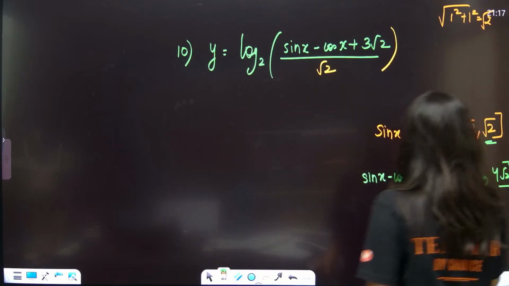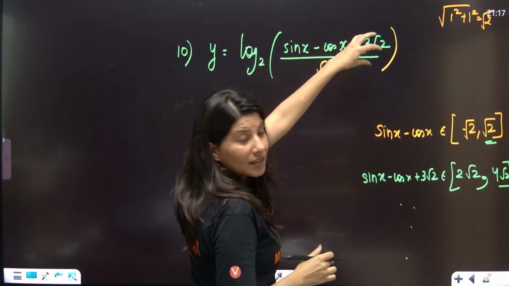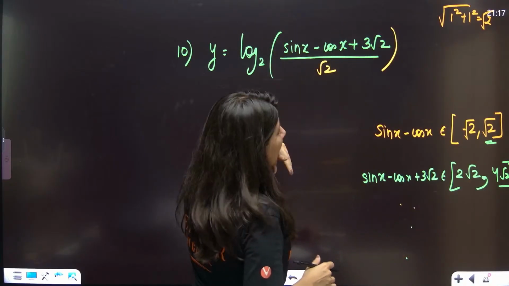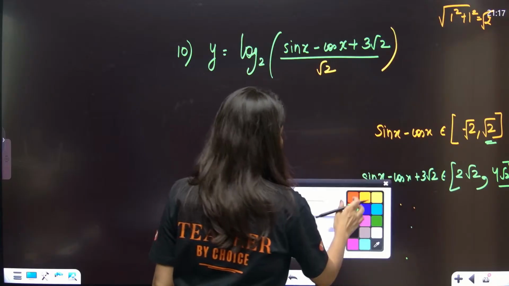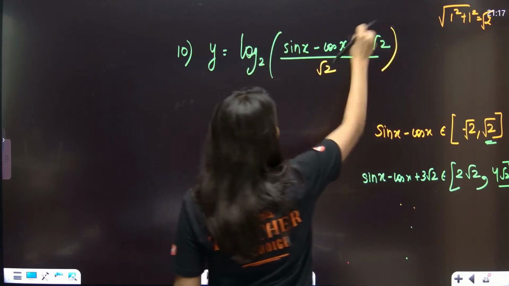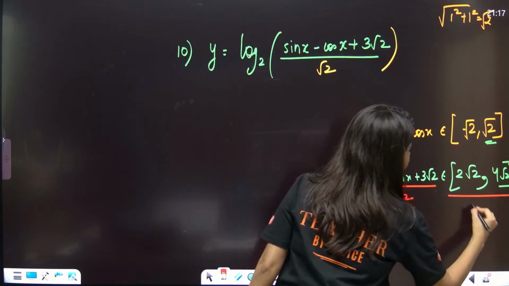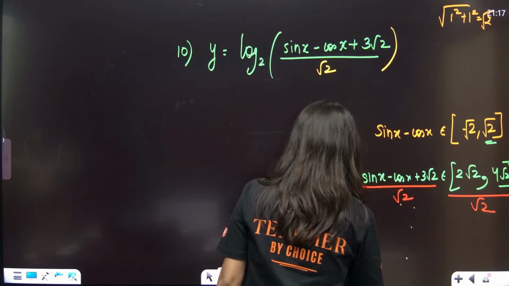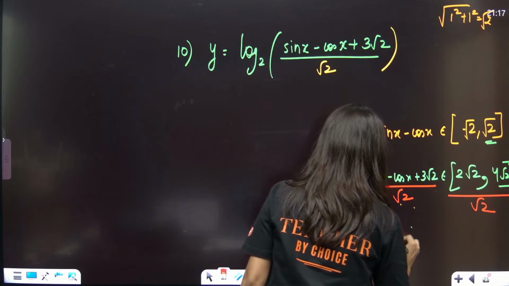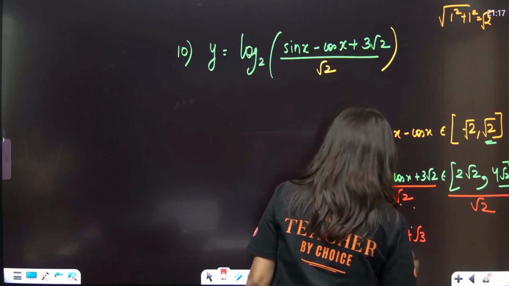So that means this numerator part, now what do I want? See, log of something. Now I need root 2, so divide by root 2 and divide by root 2. So now sin x minus cos x plus 3 root 2